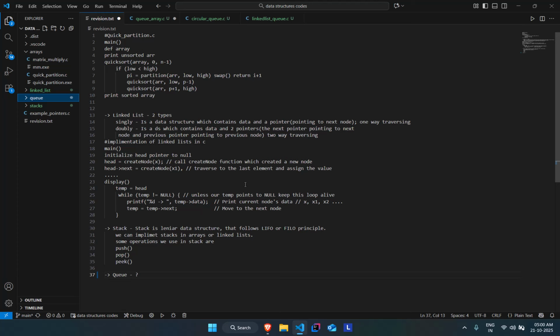Let's do a quick recap of what we learned. Last to last class, we learned about quick sort. There was a main function, we defined an array, we printed the unsorted array, then we called the quick sort function, and